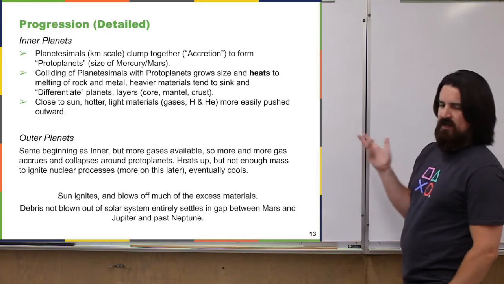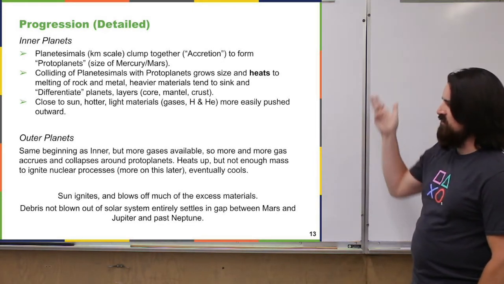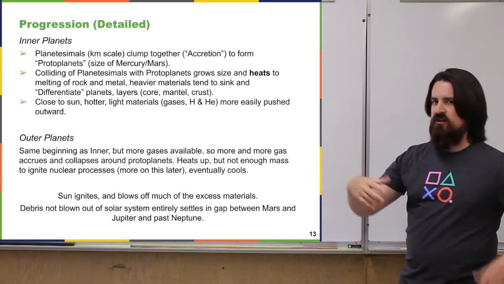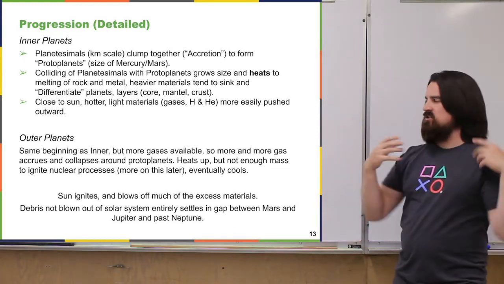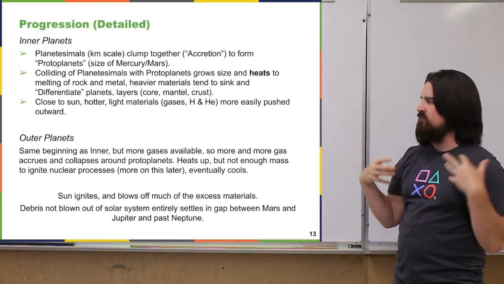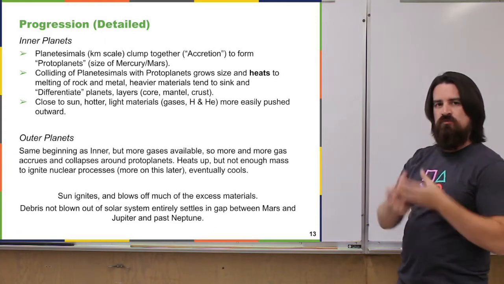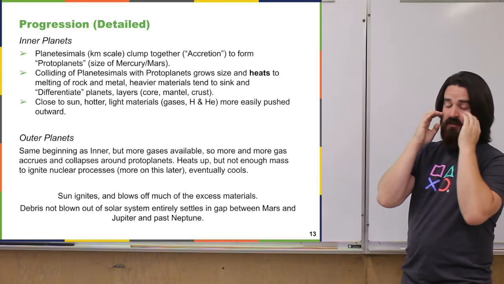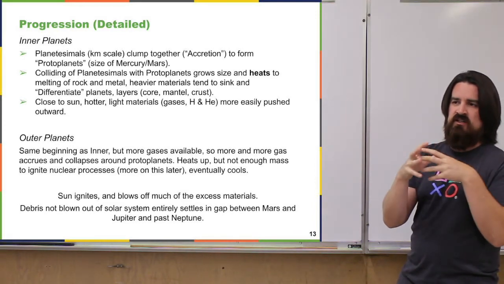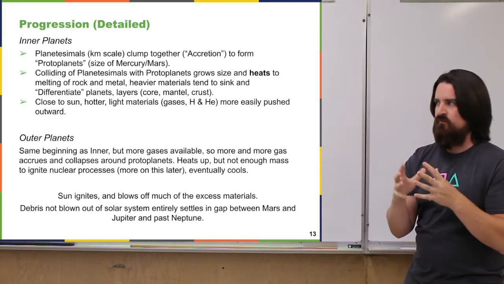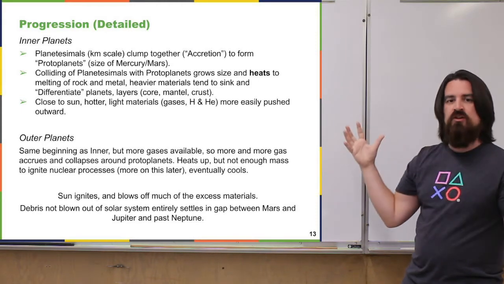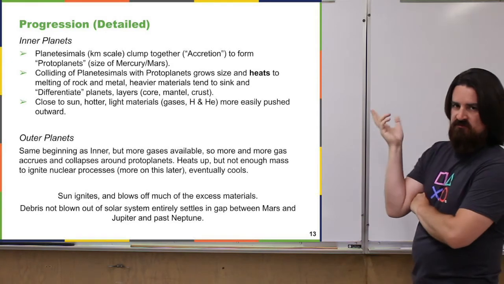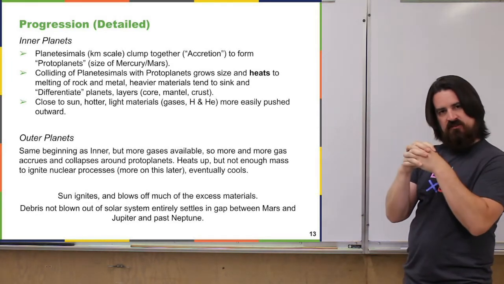The formation of the outer planets is pretty similar, except that the outer planets are further away, so they're in the area where the gases that are getting pushed out of the inner solar system end up, and they start to accrue more and more gas. So they still have rocky, metallic centers, but most of their volume is made up of these gases. And just like the sun, when the gases start to coalesce into the planets,